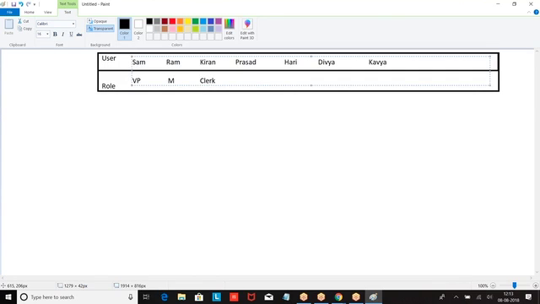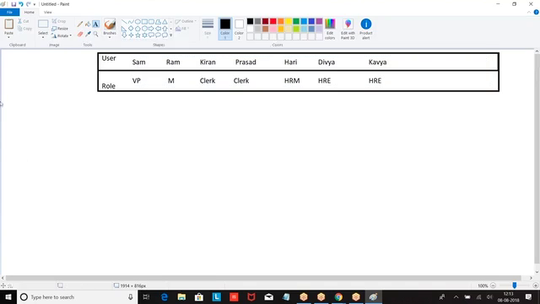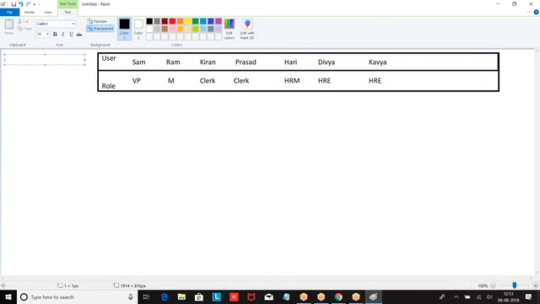This is the users and the corresponding roles.